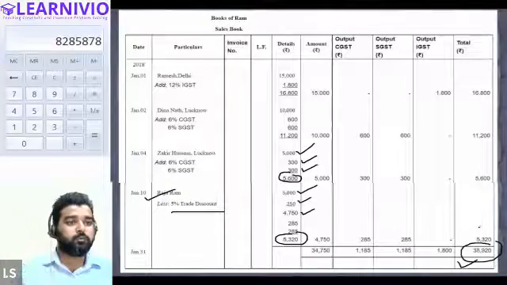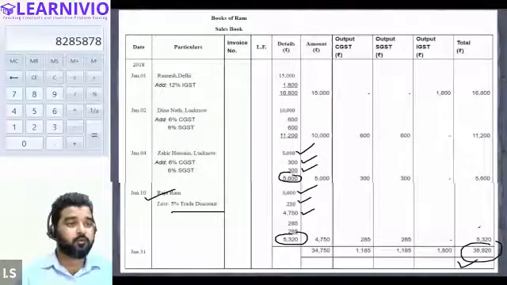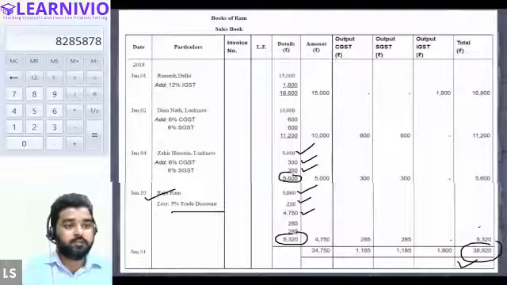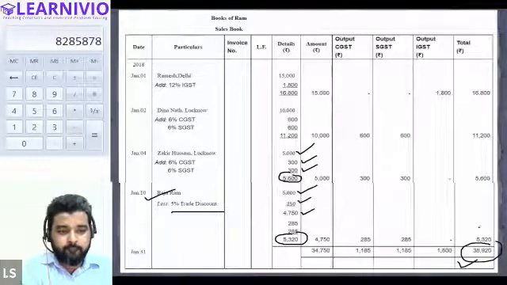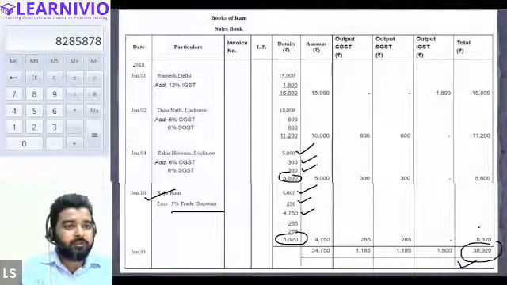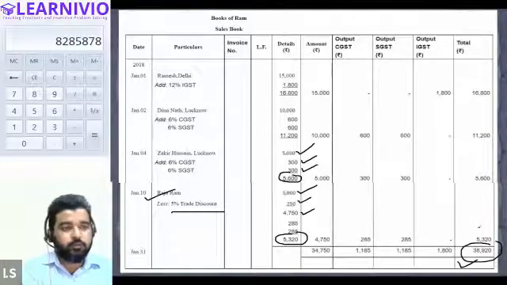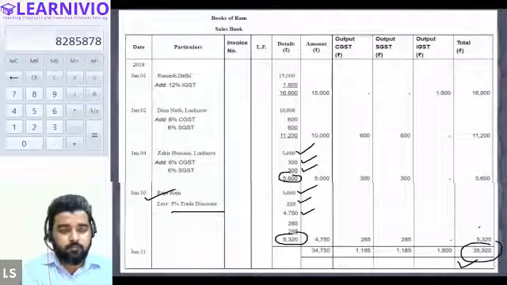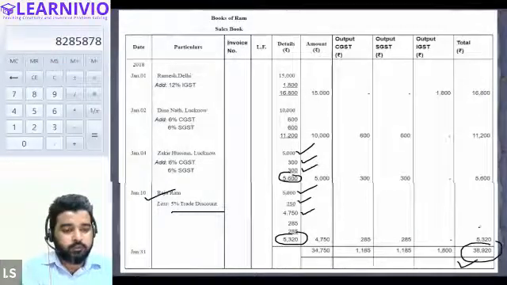Hello, am I audible to all of you? Yes, sir. Yes, Mazen. What were you saying? For the purchase return and sales return book, I forgot to add the IGST and CGST. Okay, no problem. In that case, the total value would not tally. Otherwise, the solution is okay, no? Yes, sir. For the purchase and sales book I got it correct, but for purchase return and sales return, I got it wrong. All right, no problem. It's okay.